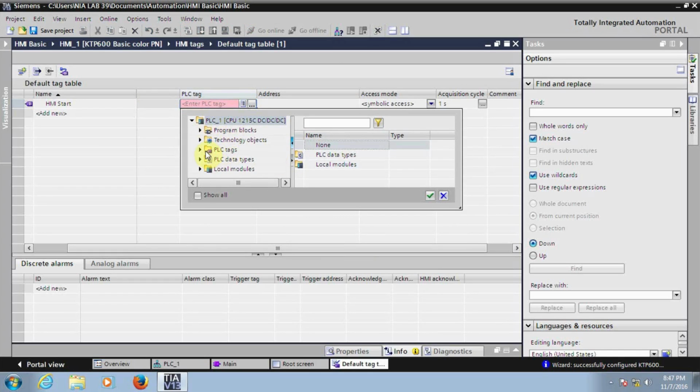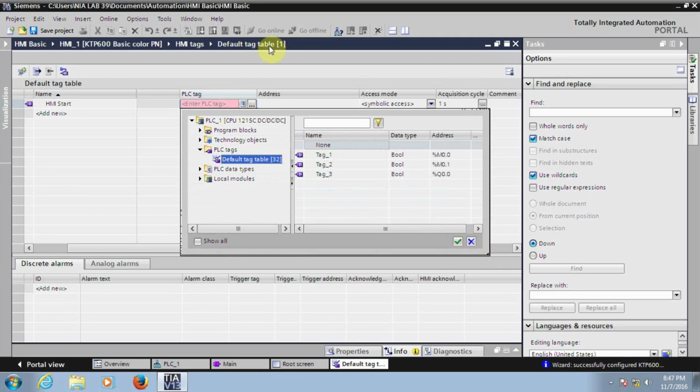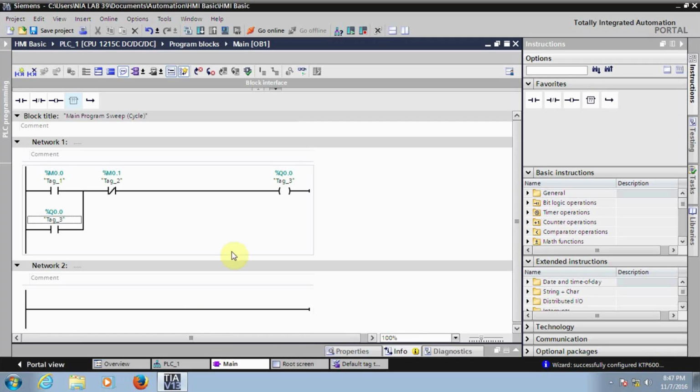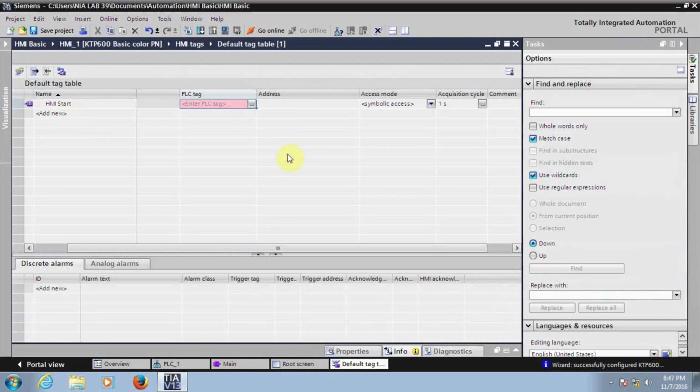In the PLC you can see PLC tags and the tag table, so just click on the tag table. This is the tag table which is associated with the PLC, and now we are creating another tag table. This is associated with the HMI, so we are creating a HMI tag table. The PLC tag table by default will be created once you develop the programming, so no need to assign specially, but for HMI we need to create a tag table. So in the HMI, I'm assigning a tag now. Click on the tag,